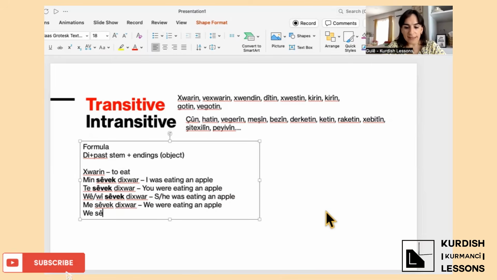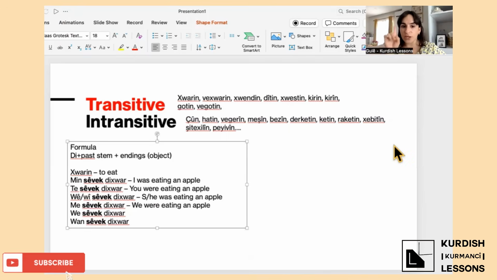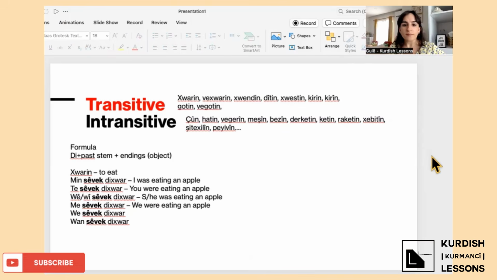You were eating an apple, they were eating an apple. So since the verb is the same, with transitive verbs, the important thing is the object, not the subject. Yes, you didn't hear wrong. Object is more important. So now we will try